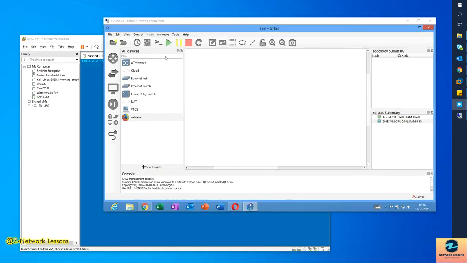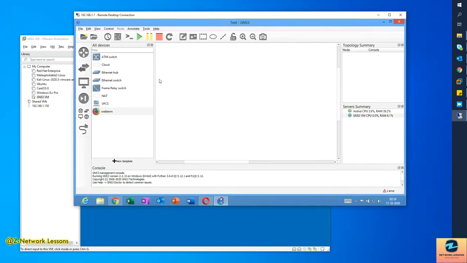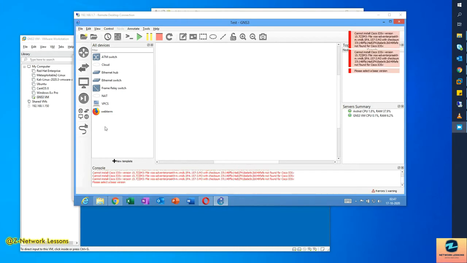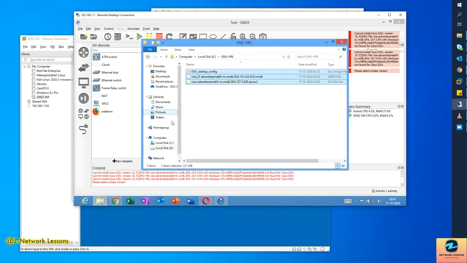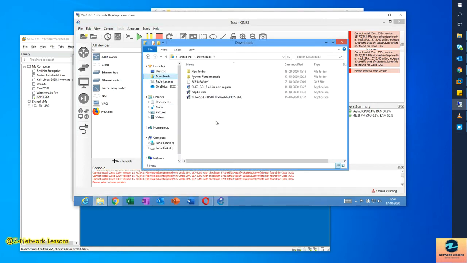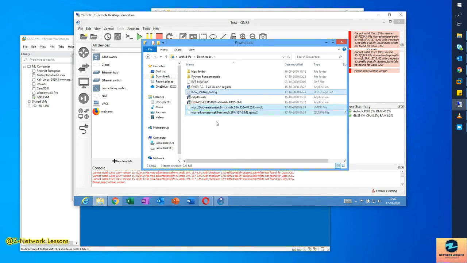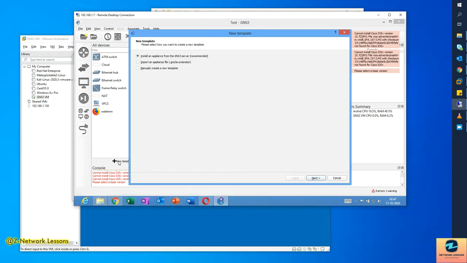Okay, so now the topic of this video is to show you how to install the virtual images on your GNS3, right? So for that, okay, now before hitting the new template, I would suggest you copy and paste this in your downloads folder. What happens is it automatically scans the images.